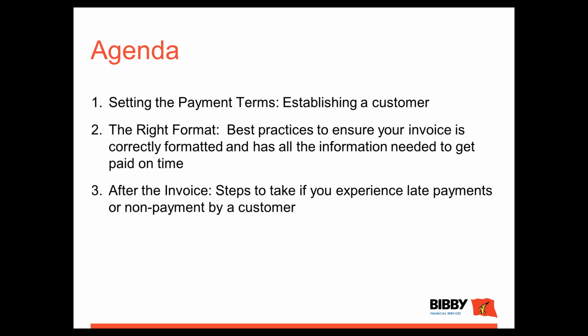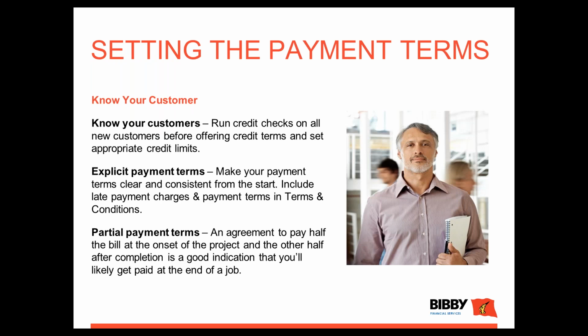When you send that invoice, if you start experiencing a client that goes behind a little bit, or a non-paying customer, what do I do now? A lot of us wear multiple hats in our business, and we are the chief financial officer, the chief executive officer, the chief sales officer, the chief marketing officer, and the chief cleaning officer. So we do a lot of different things in our business, and one of the things we want to try and avoid is, how do I avoid issues with getting money in the door for services or goods that have been provided? So that's what we're going to run through today,